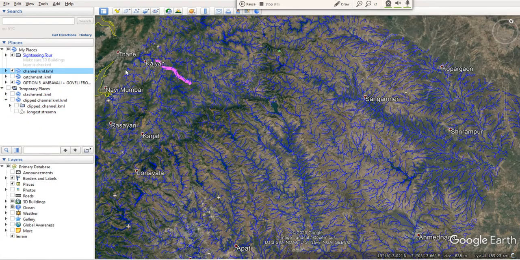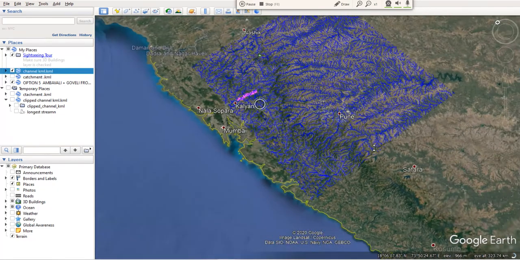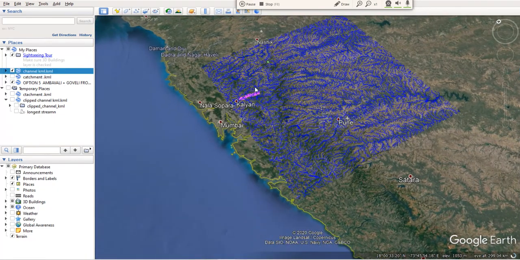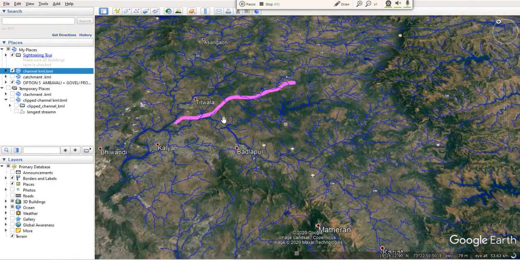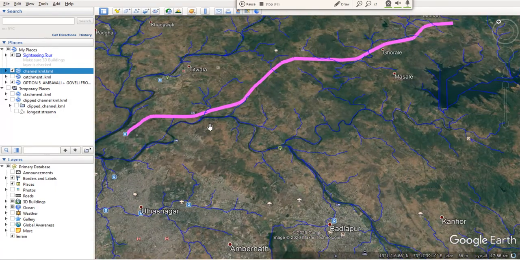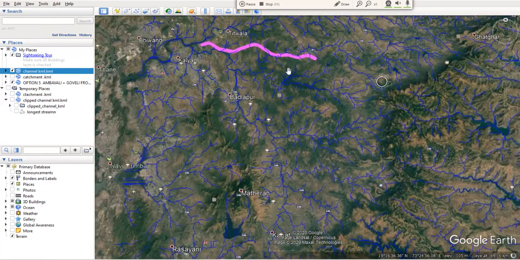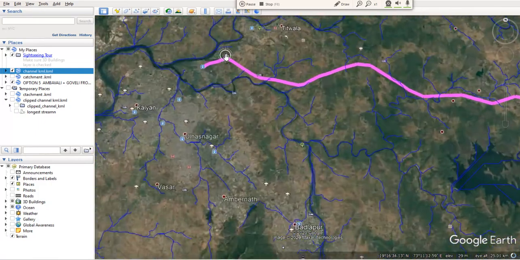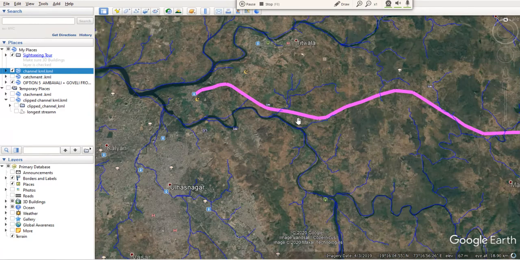So these are channels. I have done that for Strahler order greater than 8. Look, the streams from 8 to 11 are the only ones in this model. So you can see here, my line is passing through here and cutting this channel. You can also load this KML file into QGIS.